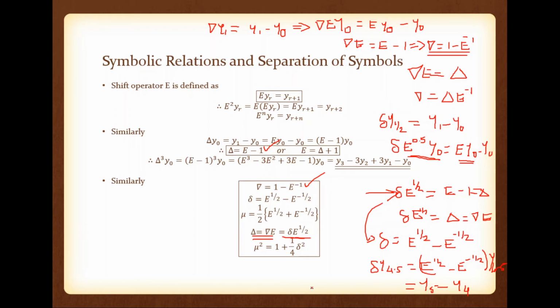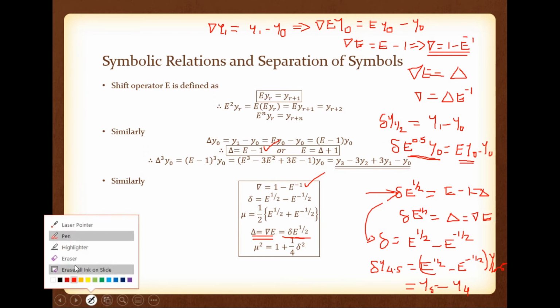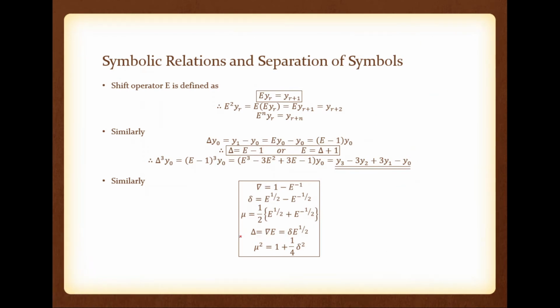Okay. So you can see an additional thing here that is not related to our interpolation method. Quickly, I am saying that this mu means average. What is the average of y1 and y2? That is different compared to the central difference. Central difference means we are taking the difference of the next and previous data. Mu means the average of two data.